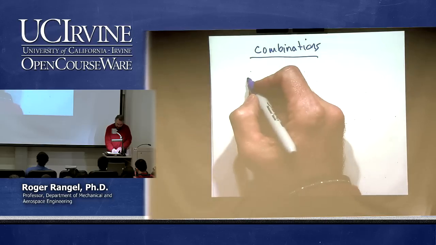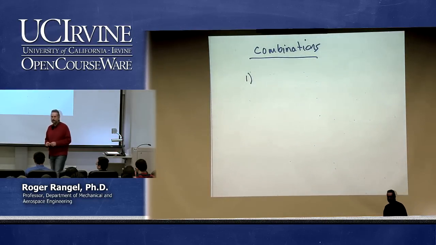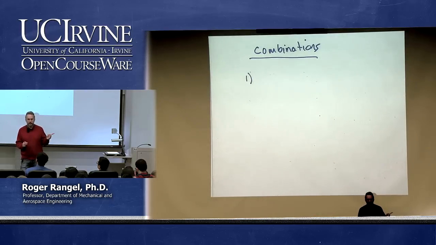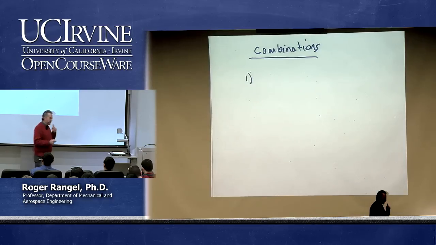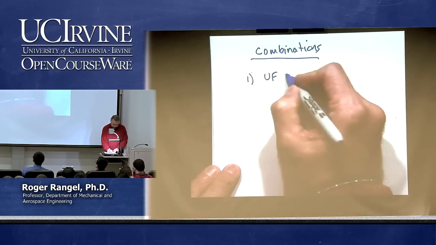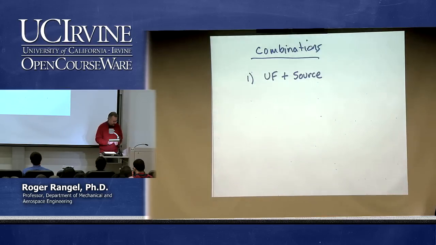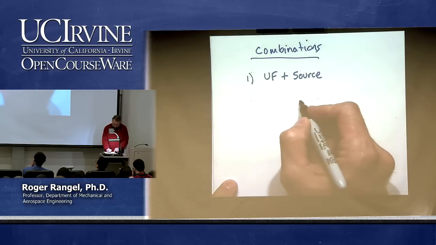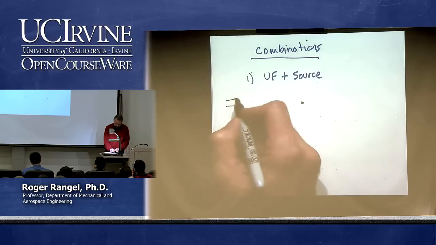what was the first combination that we saw? No, that was after. First we took uniform flow and a source or a sink from that table, and we put them together, and what did we get? For example, if we do uniform flow plus source, what will that give us? The so-called half body, right? So if I put the source here, yeah, that's my source, and I have my uniform flow from left to right,